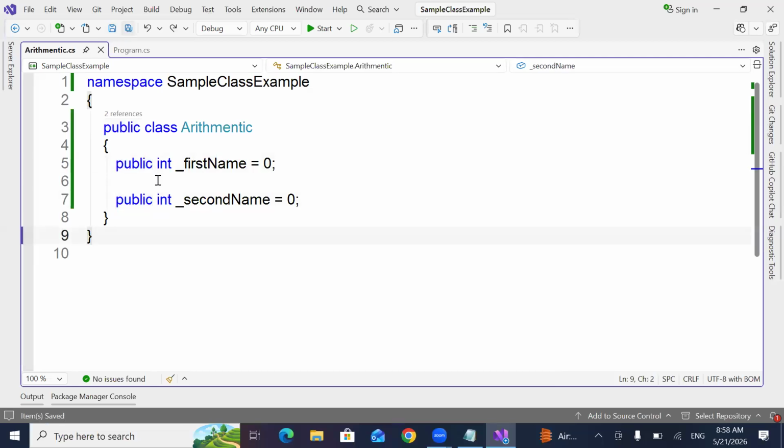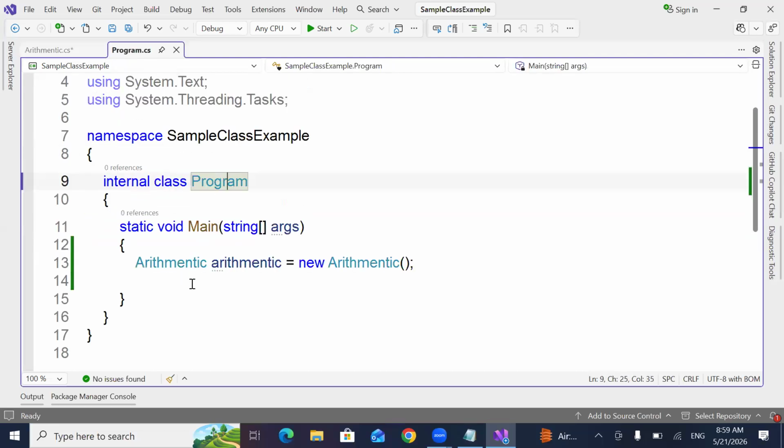Now what I want to do is receive data for the first number and second number from the user. How do I do that? Can anyone tell me? First number and second number. Let's say I have a first number, I have a second number. I want to assign a value to this particular variable after creating an object. How do I do that? I created an instance. Without creating an instance, I can't access it.